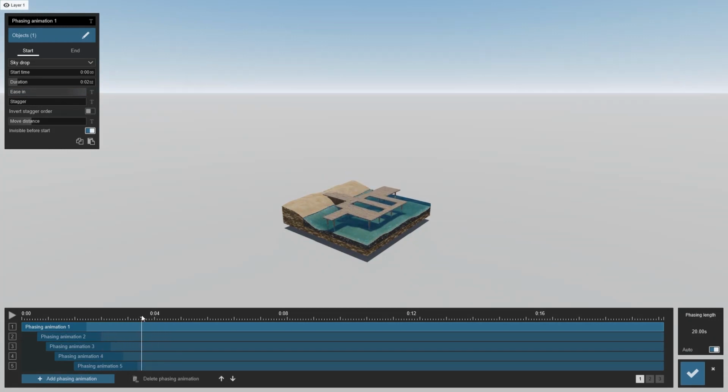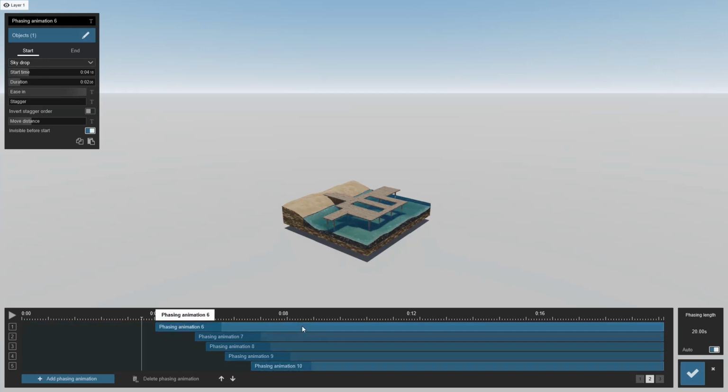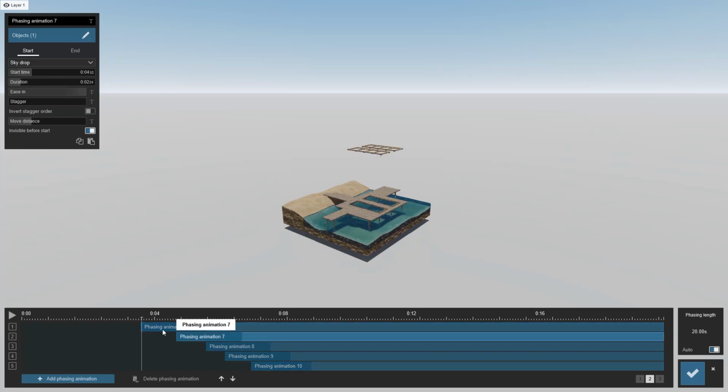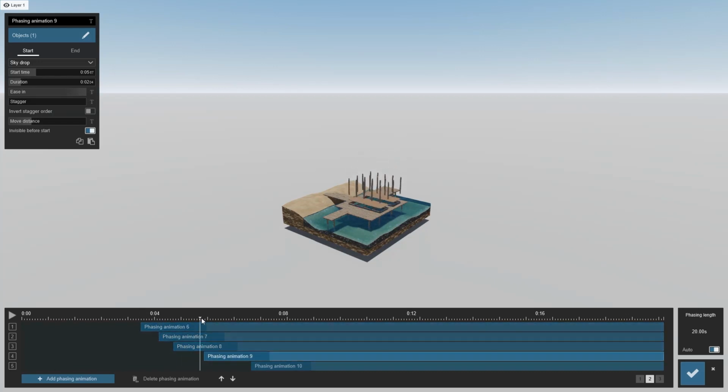And at the end we can just make some adjustments with the layers, so maybe we can move some of them to the left, to the right. It depends. This is the time that you can adjust everything. It is impossible to select a few layers at the same time right now, so we need to sometimes adjust everything one by one. Okay, so I will increase the speed. Yep, and this is our final